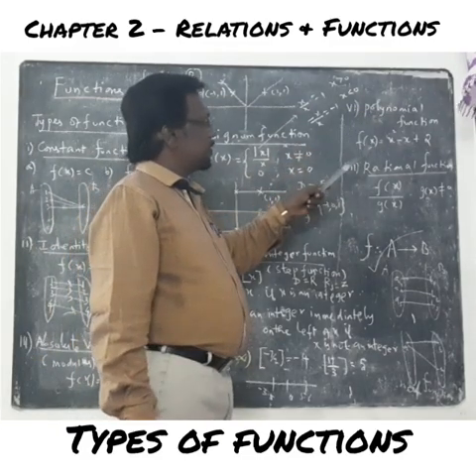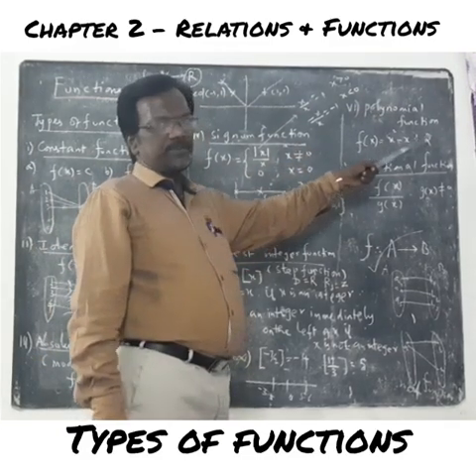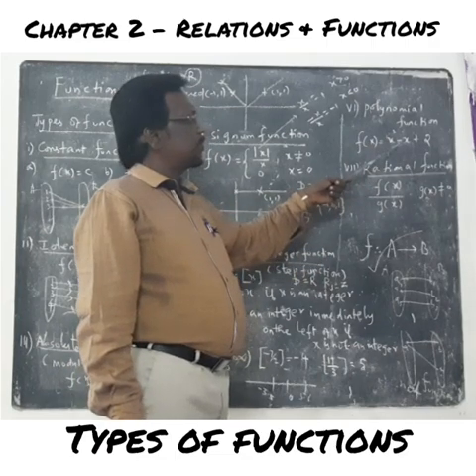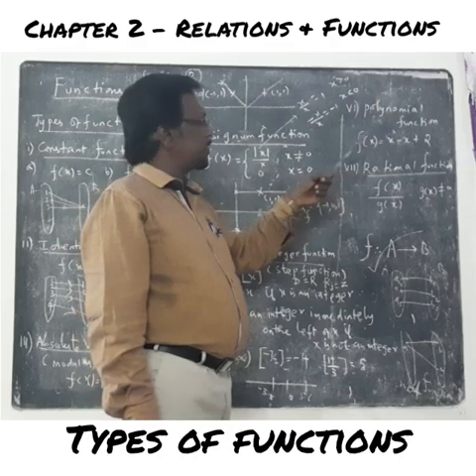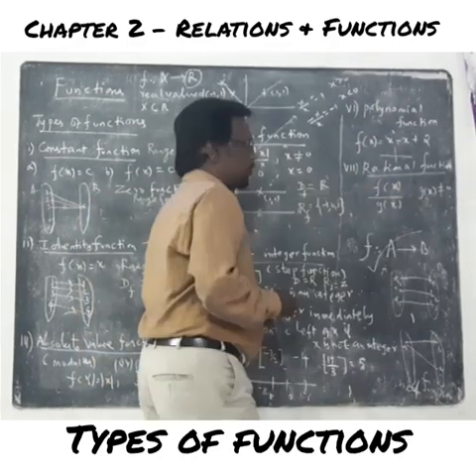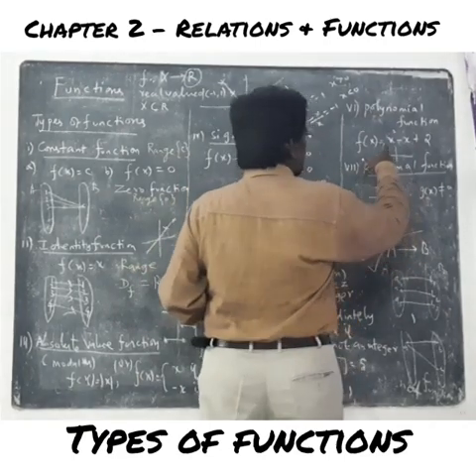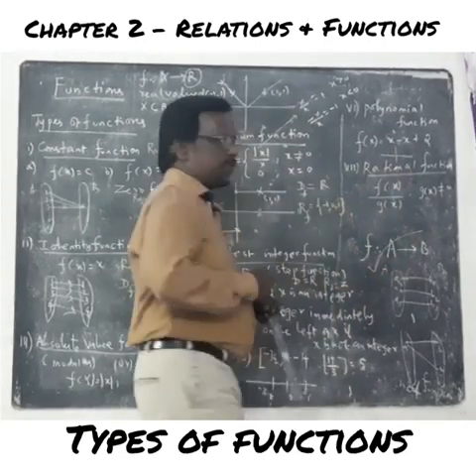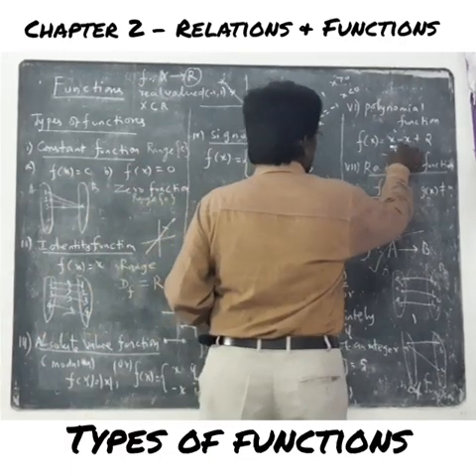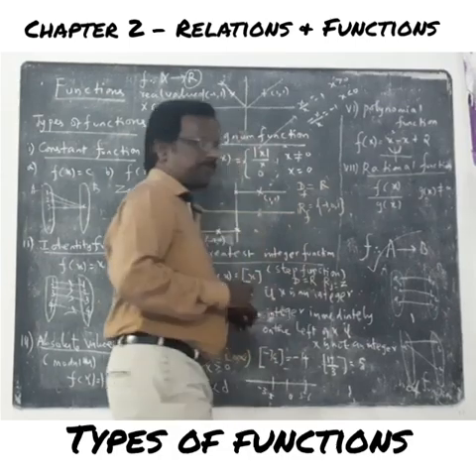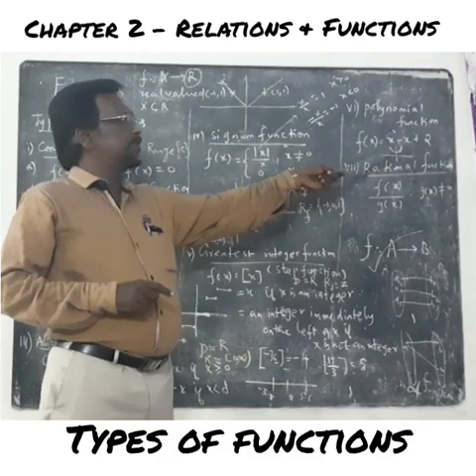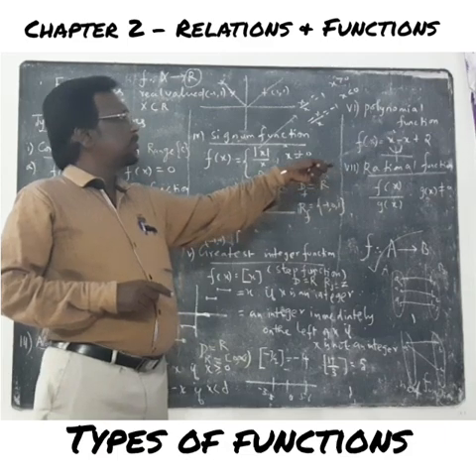Polynomial function. Suppose f of x equal to x squared minus x plus 2. So this is a polynomial. If we put x equal to 1, x equal to 2, we can get f of 1, f of 2. At that time we get a parabola. Since here we have x squared, it may be a parabola of this type.